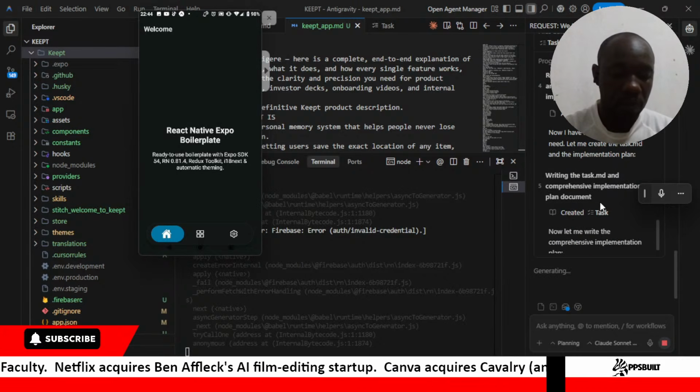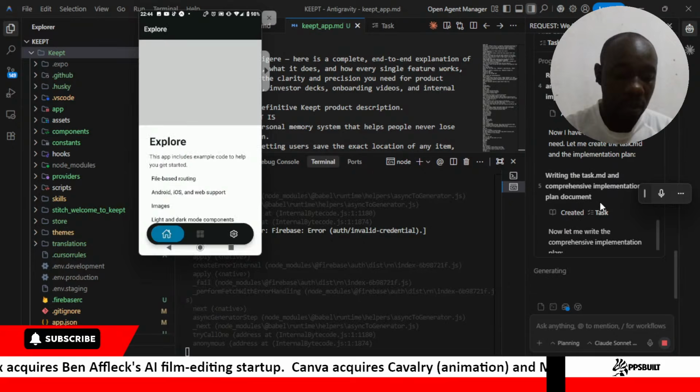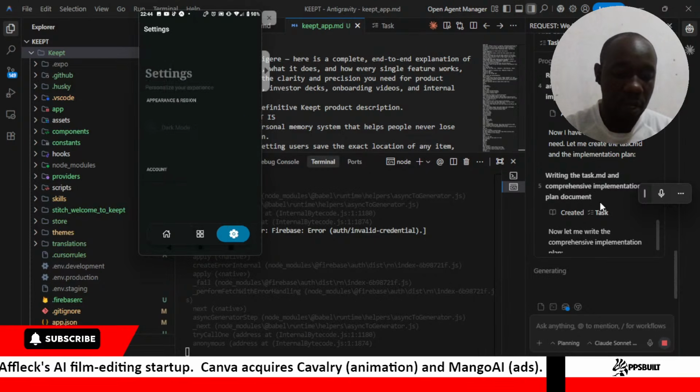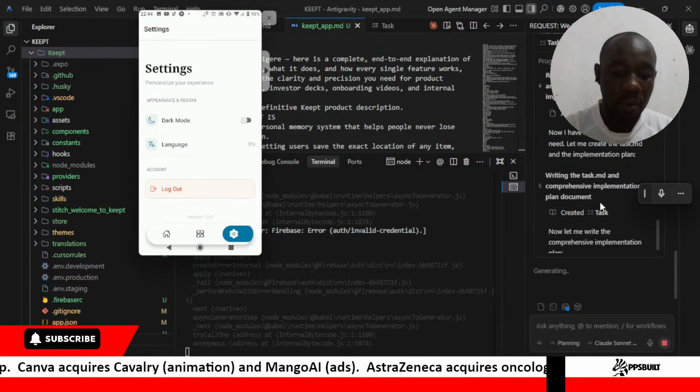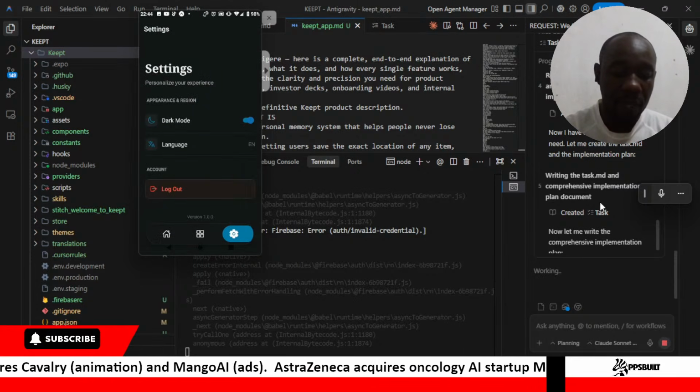So we've logged in. Currently we've already created our boilerplate, which has both the light mode and the dark mode.